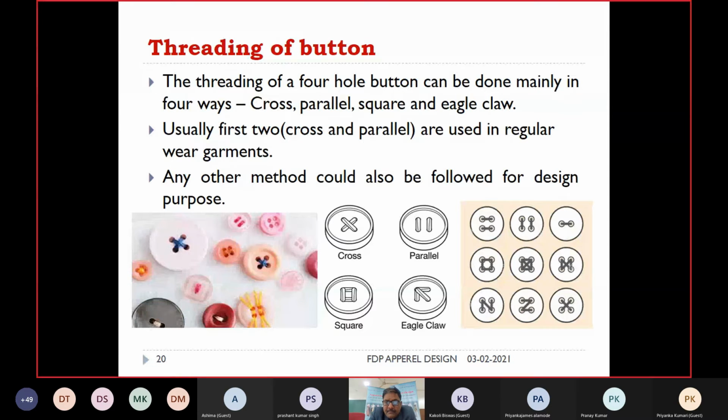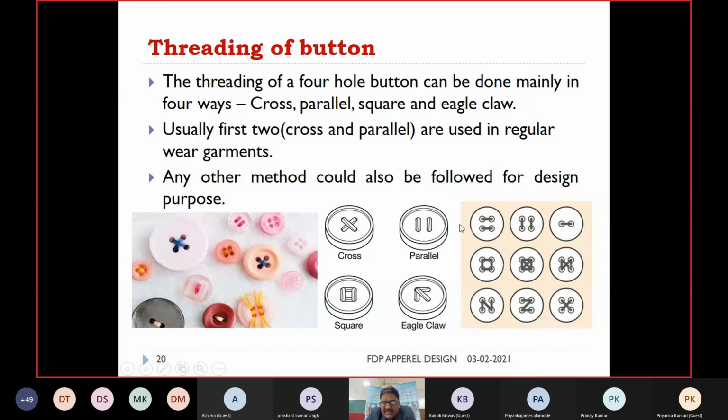Sir, among these 4, which one lasts more? Which one lasts more means the strength of the button. You were talking about the strength of the button. Yes, sir. The thread is not rebel. This is very obvious. This is the lesser, and this is the stronger. This is the most strong. This is the less strong. And these two categories fall in between these two, because here all the stitches are inter-attached. So from the pattern of stitching, you can easily visualize which one is stronger.